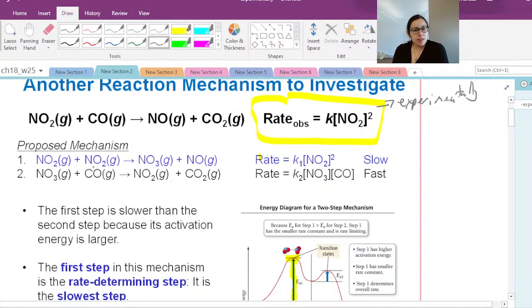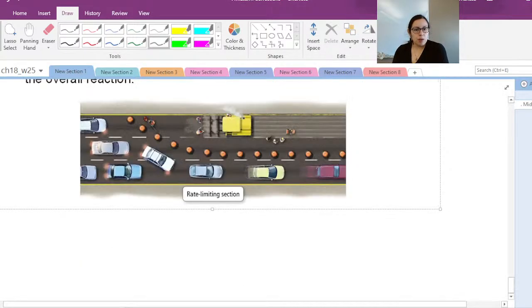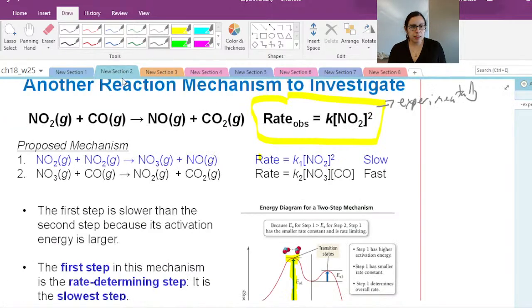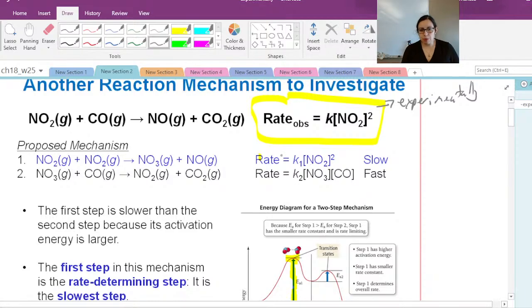And so that's probably telling us at some point that NO2 and NO2 are going to have to react with one another, right? So they're going to be dependent. So again, just thinking back to what we were saying here: we have NO2 plus NO2, it has to react, giving us this sort of rate law. And so that's what's proposed now for our mechanism, that the first step of our reaction involves 2 equivalents of NO2 reacting to give us our intermediate of NO3.